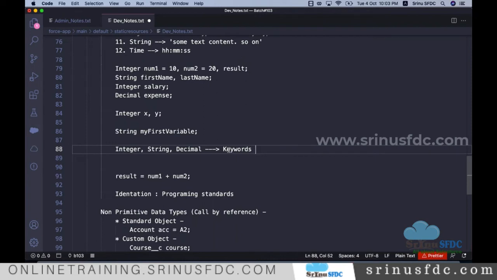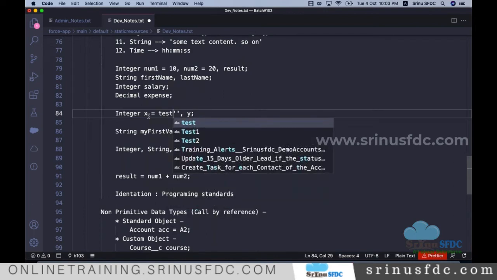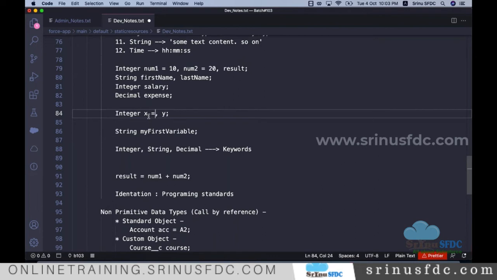When you say integer, you can only store an integer value, right? I cannot store this, it won't take, because integer means only a round number, it won't accept a decimal. If I give some text, it won't take, right? So integer always accepts a rounded value. String can only accept some text. If I assign some number directly, it cannot take, right? So the tokens which are provided by the system, whose meaning we cannot change, we call